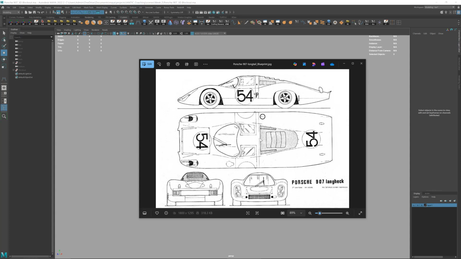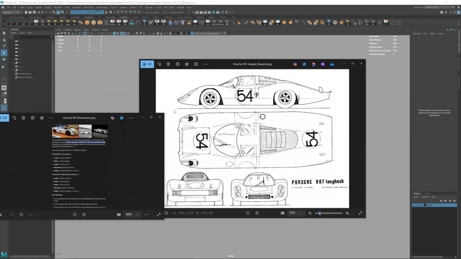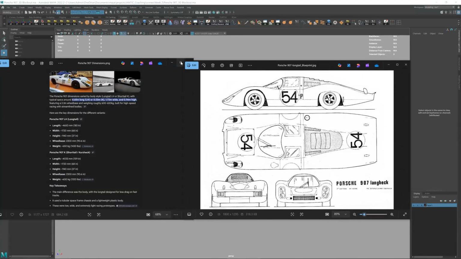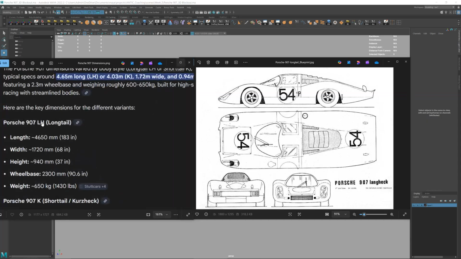So I downloaded this image, and I also got the dimensions of the vehicle. Whether you're working with a car or a gun or any other object, it's very important that you know the exact specifications of the object. In this instance, we're working with the Porsche 907 long tail, so I know that the length is